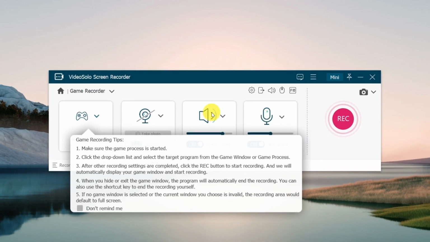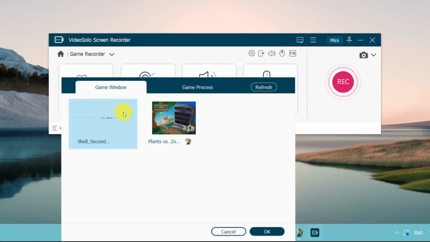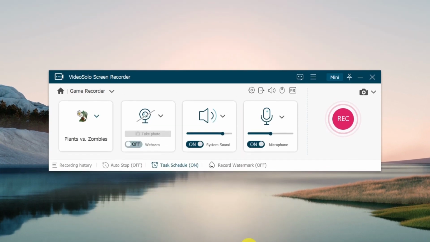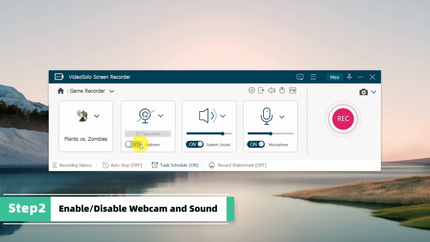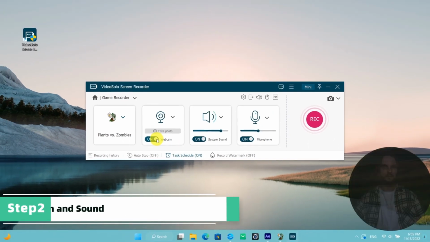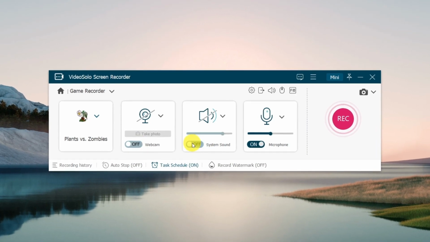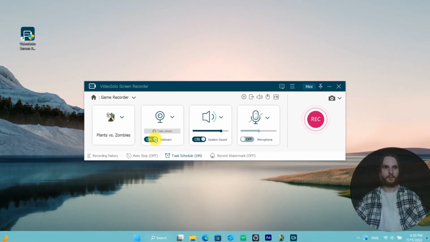Now click the first modules to select the ongoing game window from the pull-down menu. Then click OK. Next, you can enable or disable the webcam, computer system sound, and microphone to decide whether to use them or not. To record yourself and the screen at the same time, you can enable the webcam camera, then click Setting to